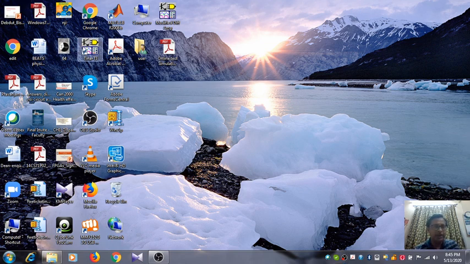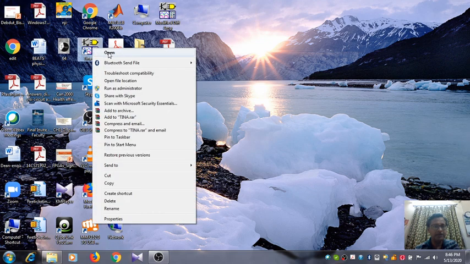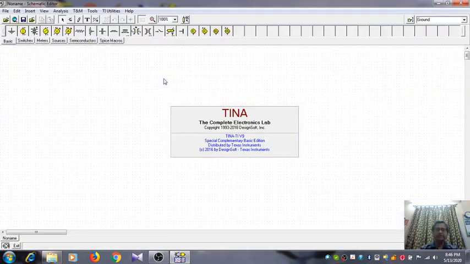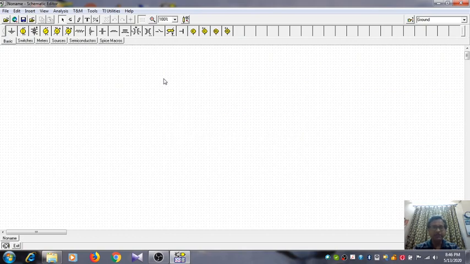Now today, let us do one experiment using a simple, useful analog circuit. So let us open the TINA software first. The experiment that we shall perform today is based on BJT based differential amplifier, or bipolar junction transistor based differential amplifier. As we know, differential amplifier is a very important element. It is the primary element of the first important component of the operational amplifier. But today we shall learn only the performance of a bipolar junction transistor based differential amplifier.